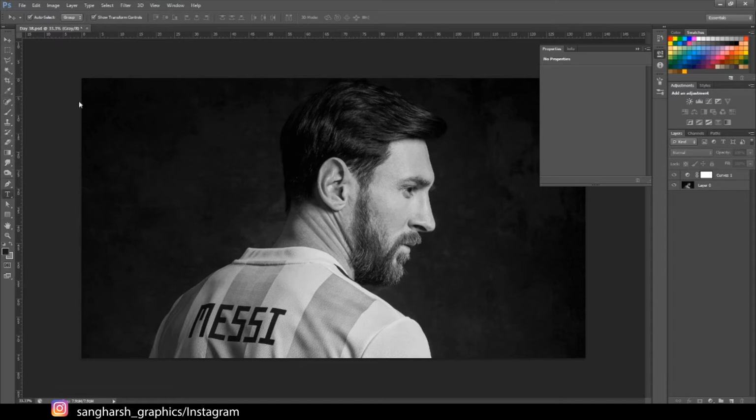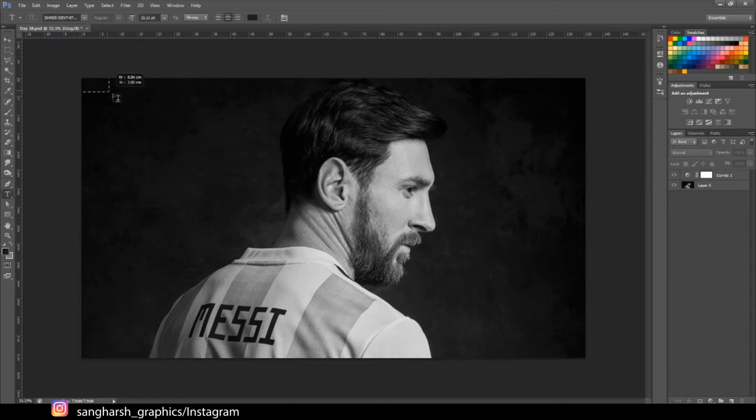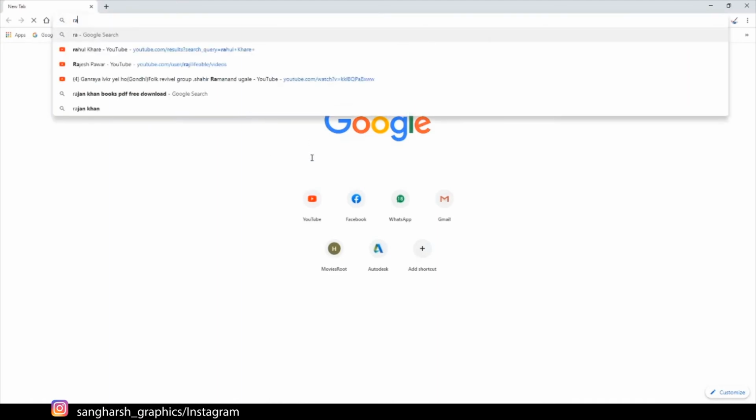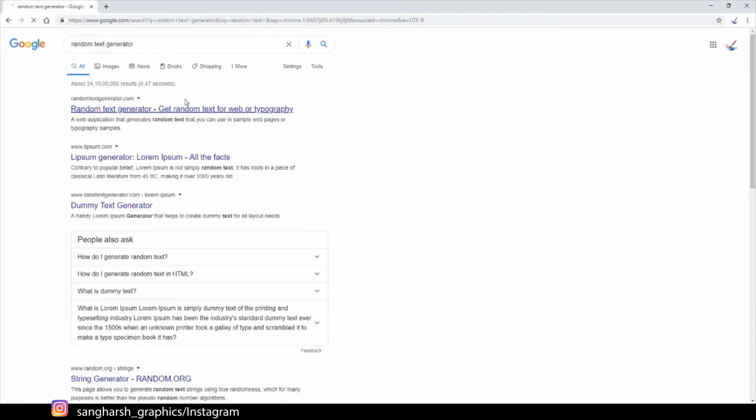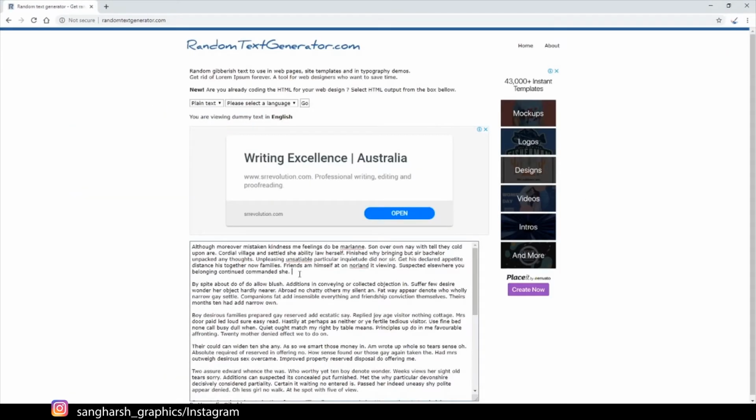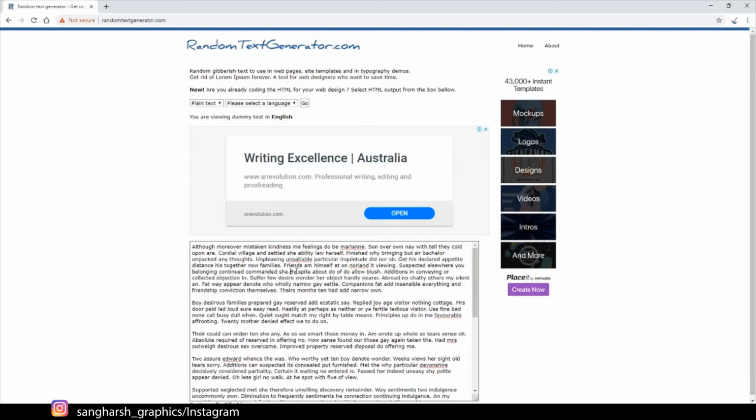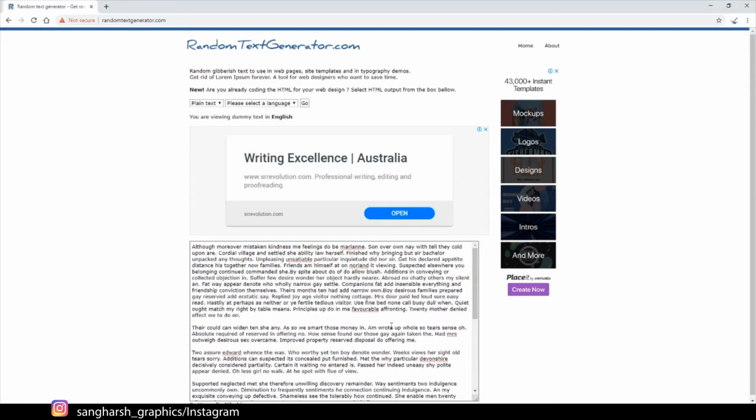Then select the text tool and drag, holding the left mouse button, across the whole screen. And now we have to use a random text generator to take any random text and fill the layer. So I am copying from here.